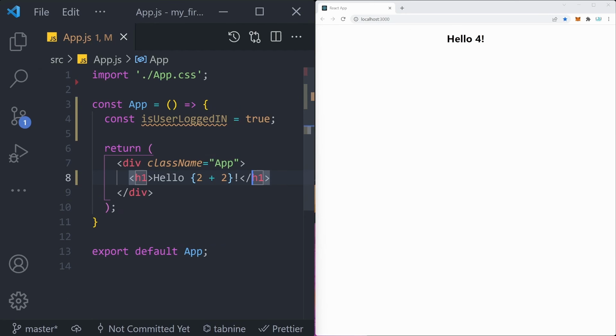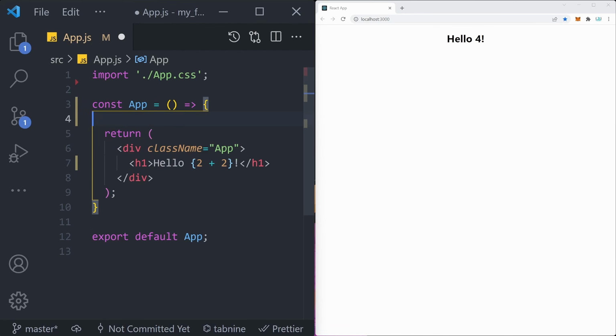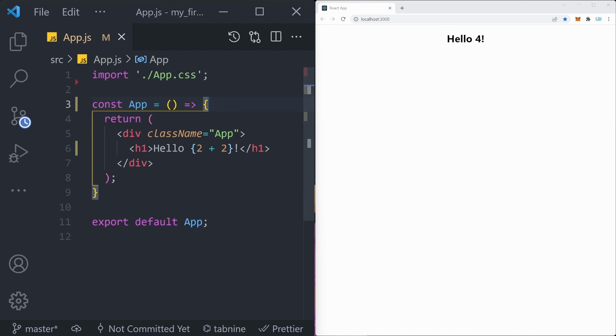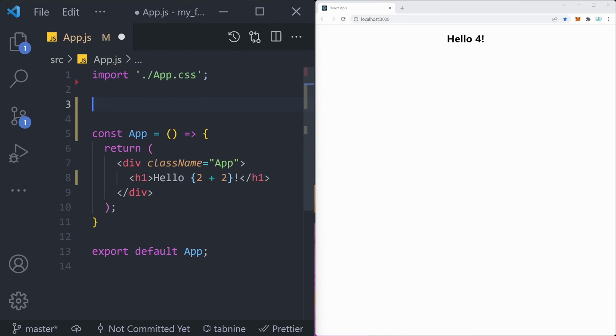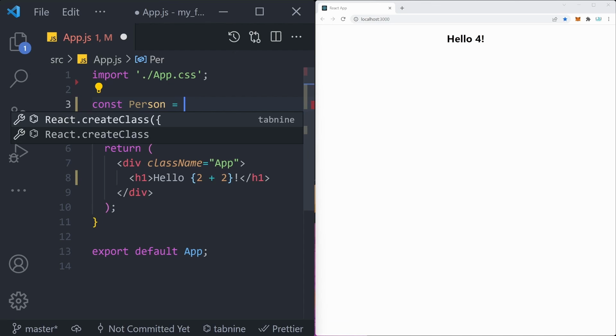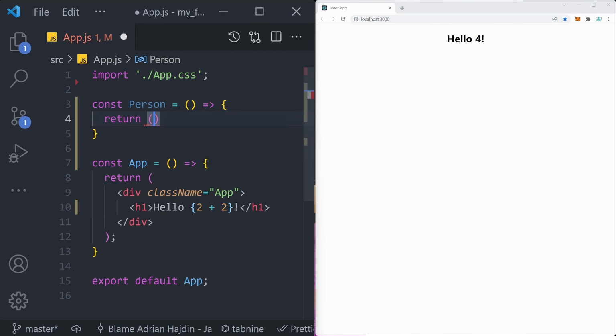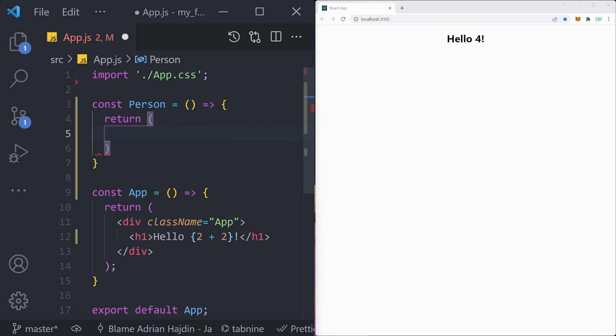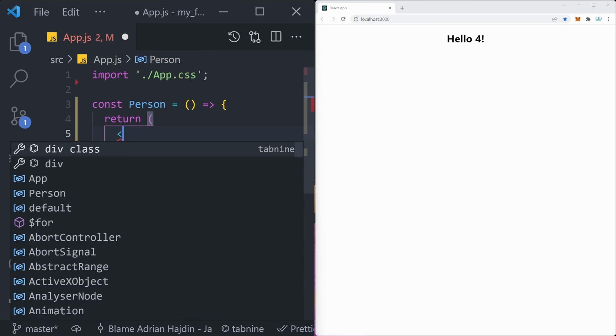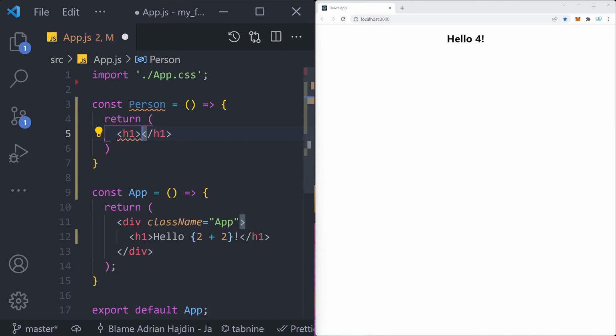Now, let's dive into one of the core React topics, and that is components. We can create many different components and then import them into our larger components. So for example, we can create a new component just above the current one that's going to be called person. Const person is going to be a functional component, and it's going to have a return statement. For now, let's simply return an h1 that's going to render, let's do name,